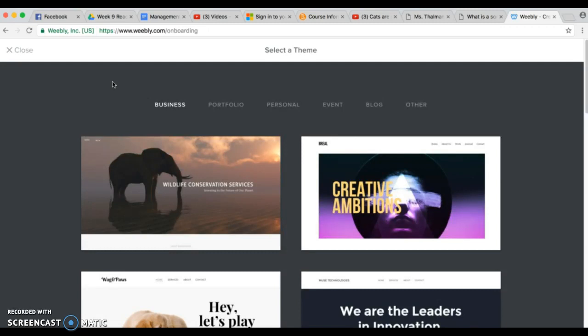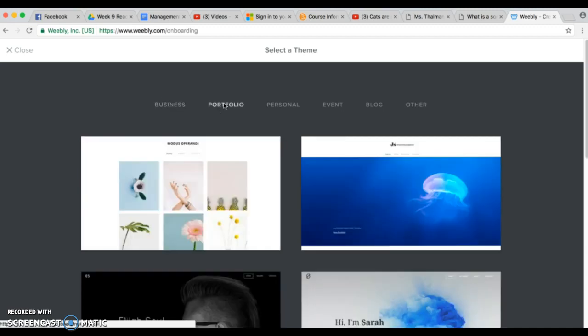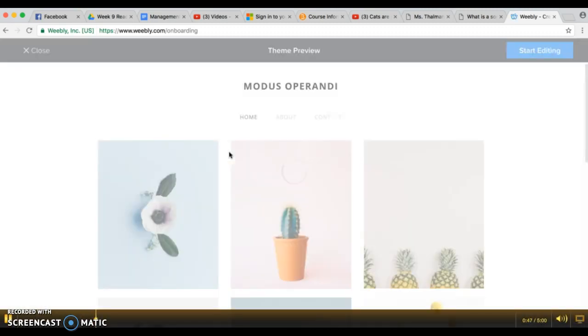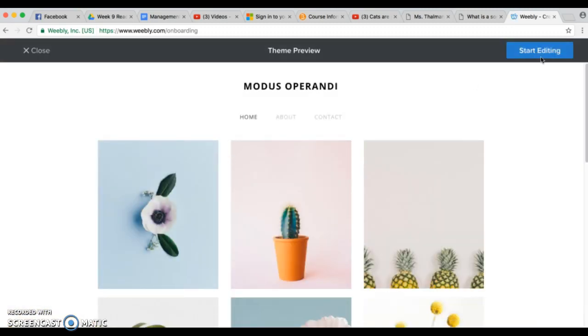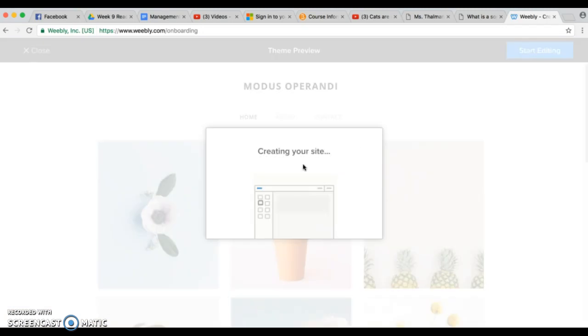And so the next thing I'm going to do is select a theme. I'm making the assumption that one of the reasons that we are using website builders is to build an e-portfolio for this class. And so I'm going to use a portfolio template for the demonstration today. There are a number of templates available. I'm going to go ahead and use the first one just for the sake of time, but there are a number that are available. I click on Start Editing,